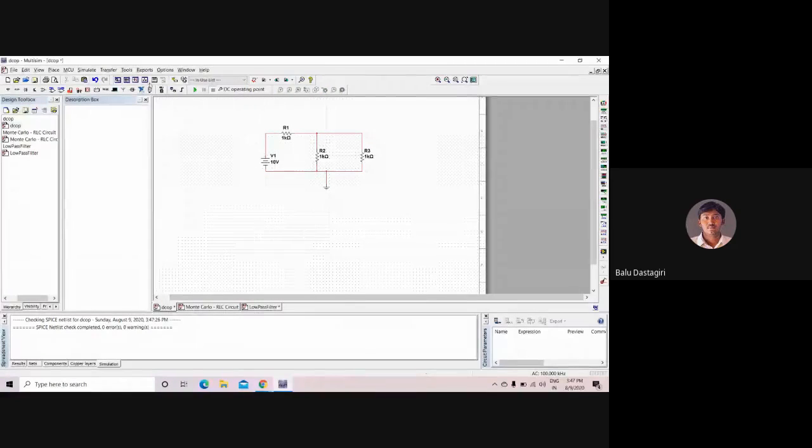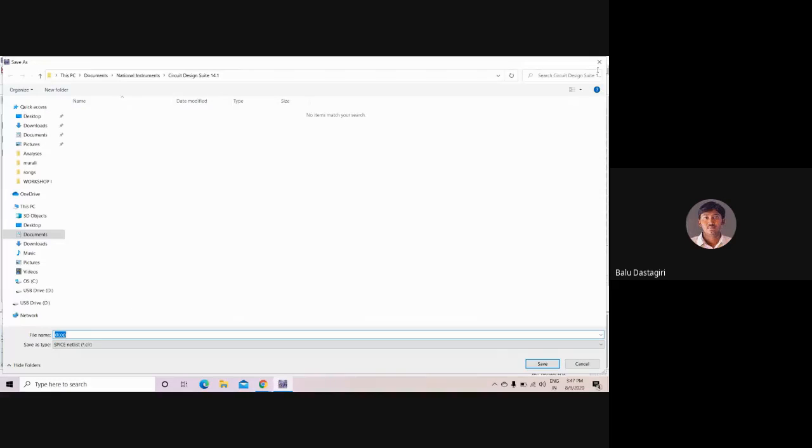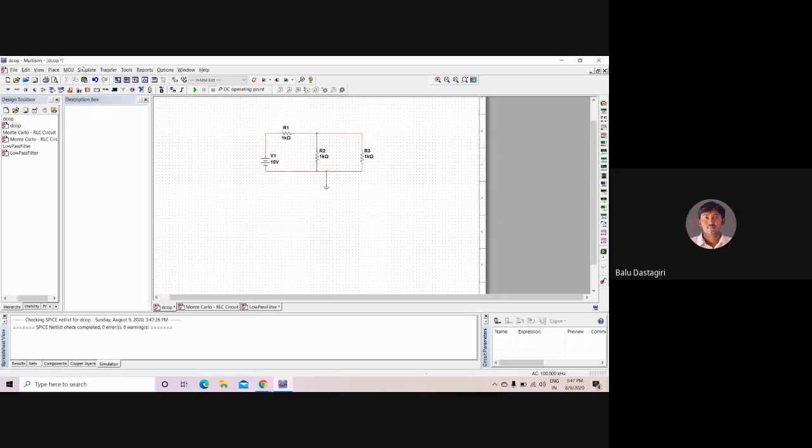After that, if you want to transfer this SPICE, you can go to export netlist to other tools. If you use the option of export SPICE netlist, you can export the generated SPICE code to various tools. Now if you want to transfer this circuit as a PCB design, you have to go for the